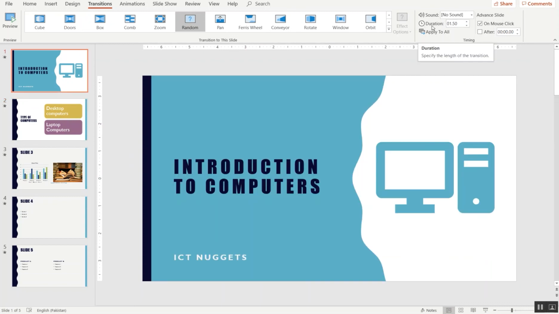You can say for how long a particular slide should stay on the screen. After that time, it will go to the next slide automatically. And from here we can say on mouse click or after a few seconds. If we say after 5 seconds, we can estimate for this slide, for example, that after 5 seconds